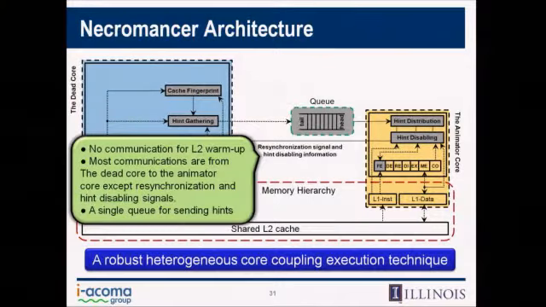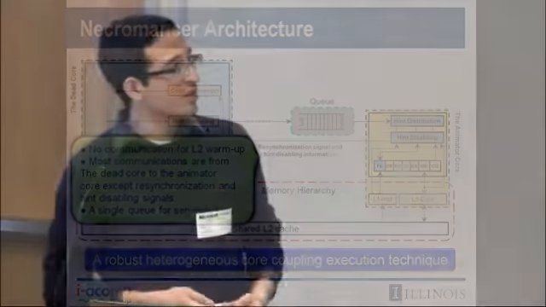And we copy the architected registers and the PC whenever we realize that the state of the dead core is so far away from the correct state, and we want to do a resynchronization. Because sometimes it starts executing in the wrong path and goes on, and the hints that you're getting at that point are no longer useful. And we do a resync between them. Since most of our communications are unidirectional, we're going to use a single queue for transferring the hints.